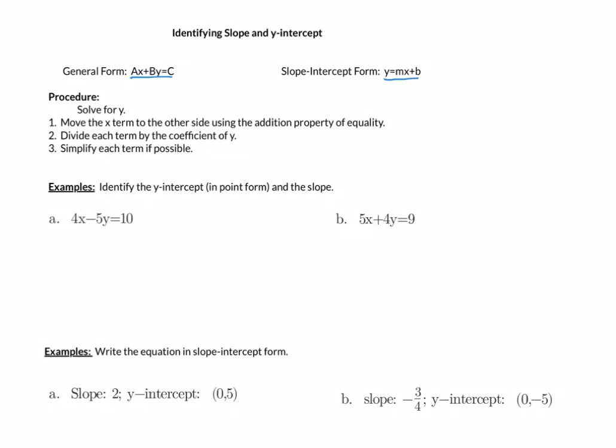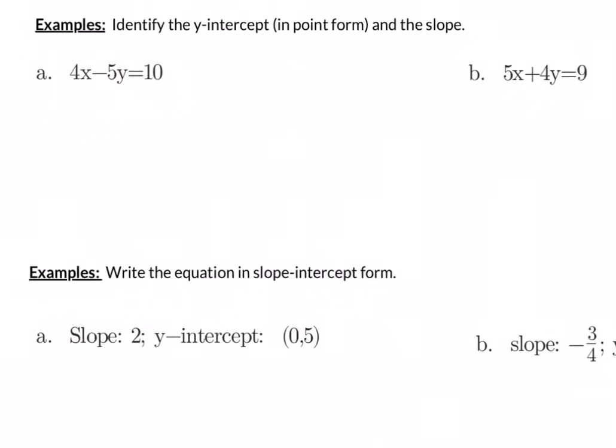In order to do this more specifically, we're going to move the x term to the other side using the addition property of equality. After that, we want to divide each term by the coefficient of y and simplify if possible. So if we look at example A,